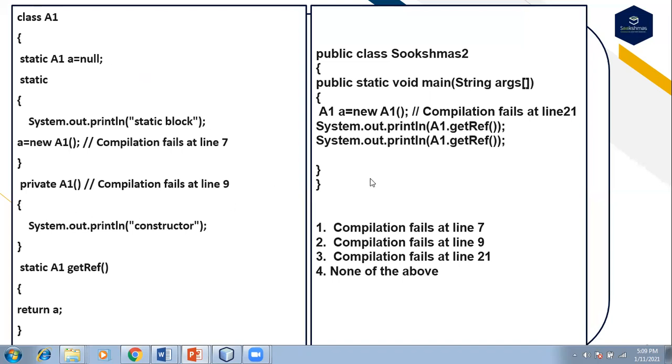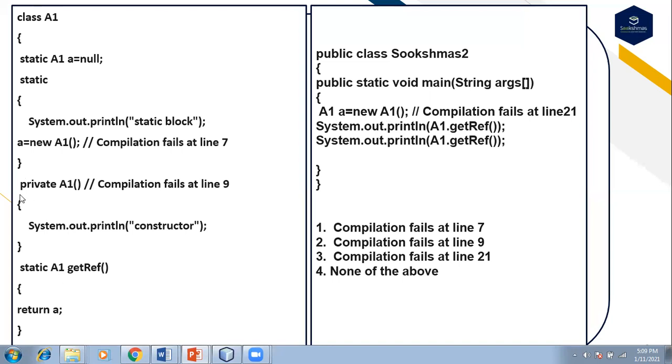But the concept here is, where exactly does the compile time error occur? The private constructor is present in the class called A1. Inside the second class, I have created an object for the class A1.